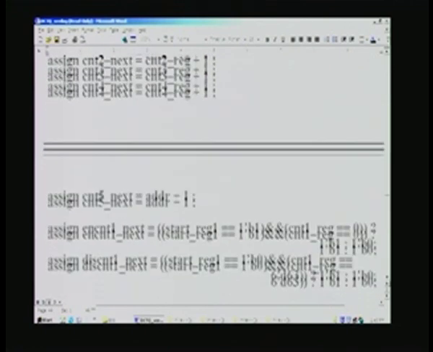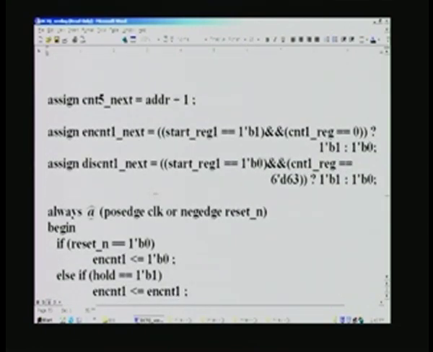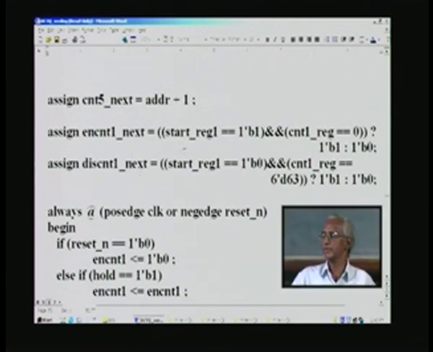And now, the very first counter we should enable only if this condition is met, and it must be disabled when this condition is met here. The first condition is when we give the start signal that the DCT-Q process must begin. Then, after a delay, this start reg 1, which we will cover at the last of these always blocks in the controller, if it is 1, this is equivalent to start being 1 with a clock cycle delay. So long as it is 1 and the counter reg is 0, which signals that we are yet to start, right at the beginning,